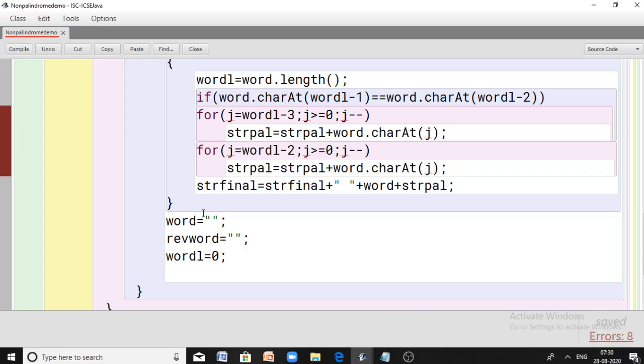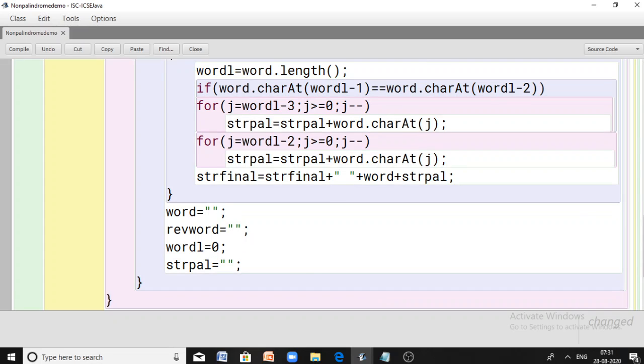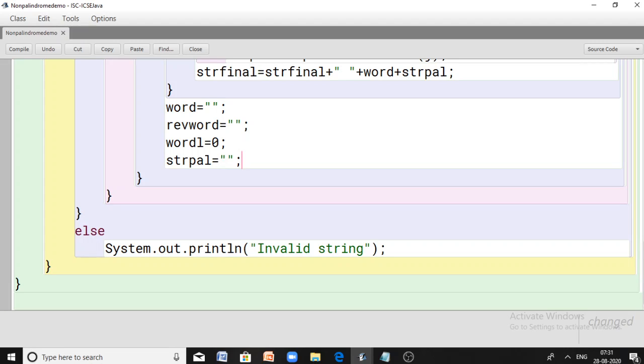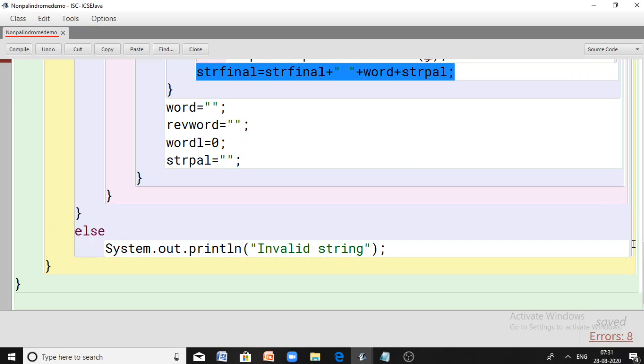The last one, string palindrome. String palindrome is also meant for the palindrome form or the reversed form of every word, excluding the last character, excluding the last and last but previous characters. So that should accommodate the reverse form of every word, so that should be reinitialized to empty. So this many reinitializations we have to do. After that, once we got the final sentence, we can print it.